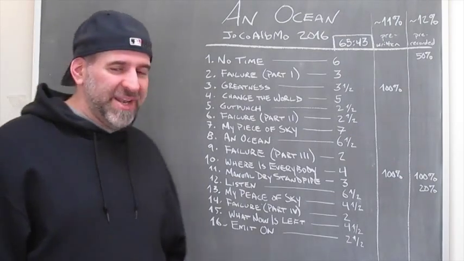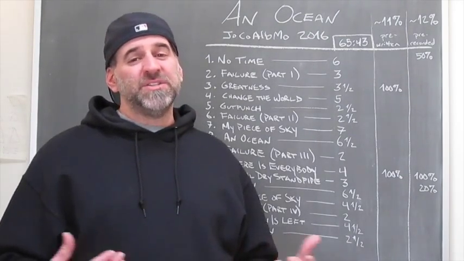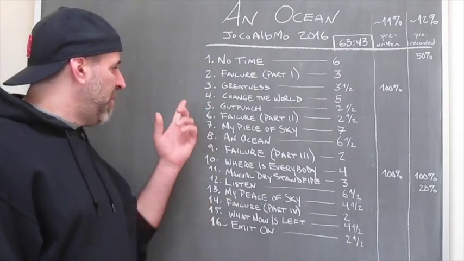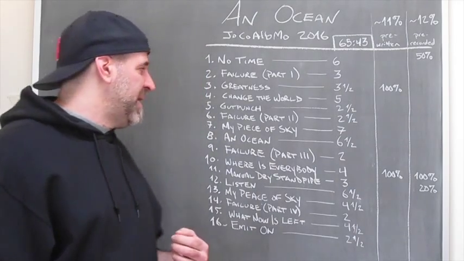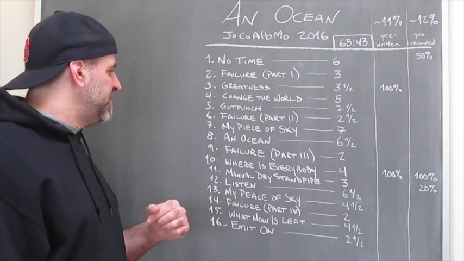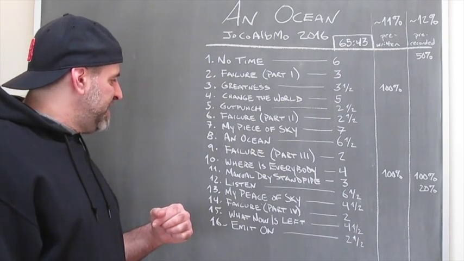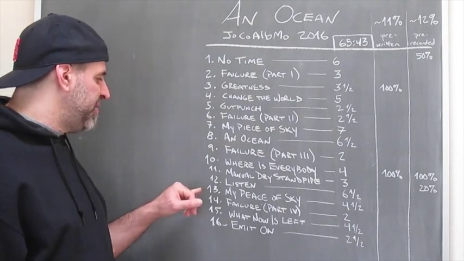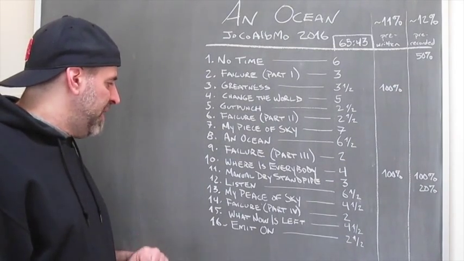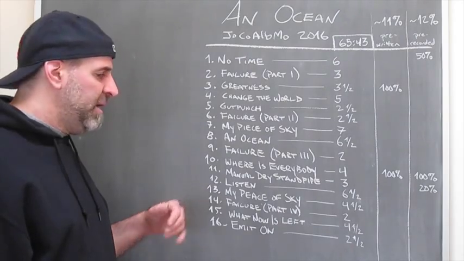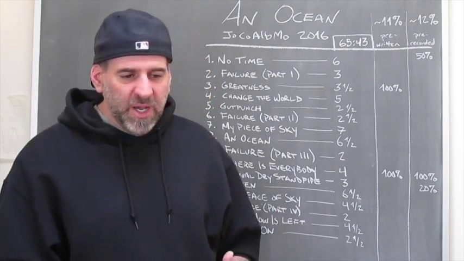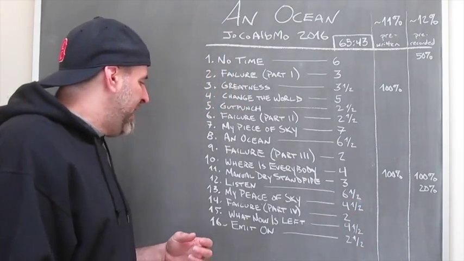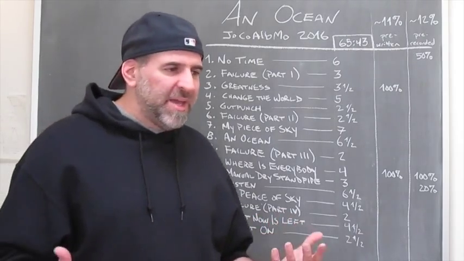Gut Punch is another song that has a lot of attitude. It's a very humorous song, almost deliberately silly in some ways, but it also conveys an interesting message. So that's a pretty accessible tune. The other tunes that I think are pretty normal are My Piece of Sky, track 13, and What Now Is Left. This one is a song in 6, so it's got a sway to it, and I think it's pretty accessible.